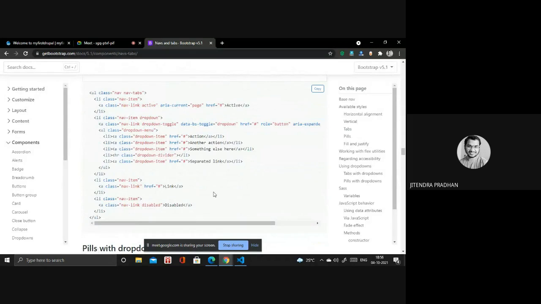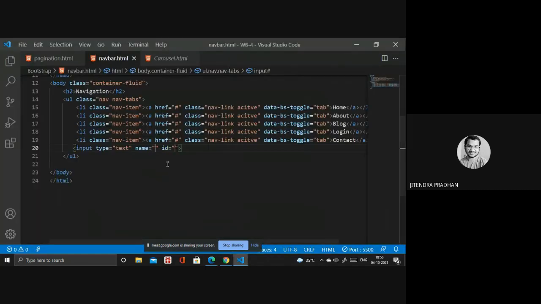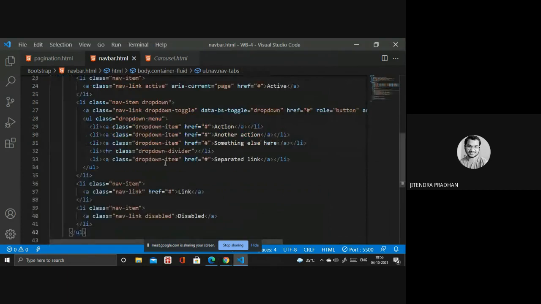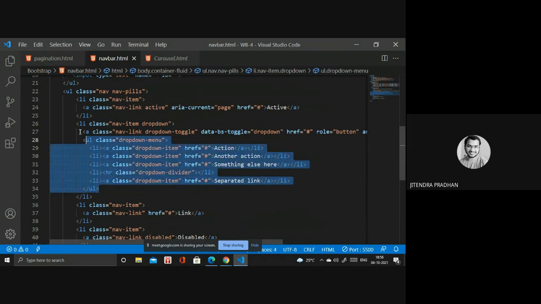Okay, there is a dropdown. Wait, I'll show you. There's a dropdown. Okay, you can design that one. I will teach you that one. Let's go inside. So what are the uses inside that? We are not using any particular dropdown, only dropdown. Dropdown toggle, dropdown, and dropdown item. It's a sub item, and this is the whole item.